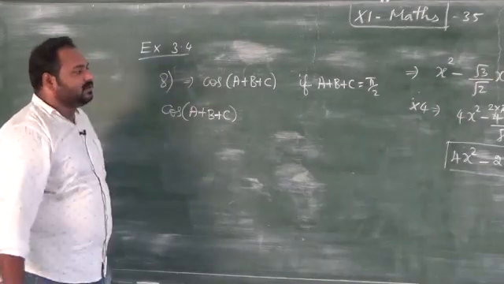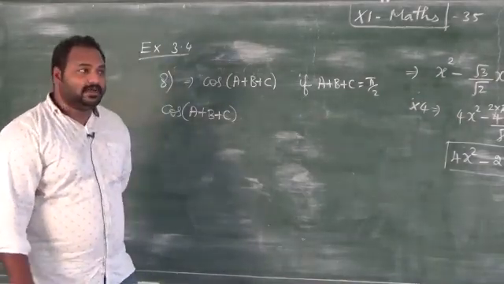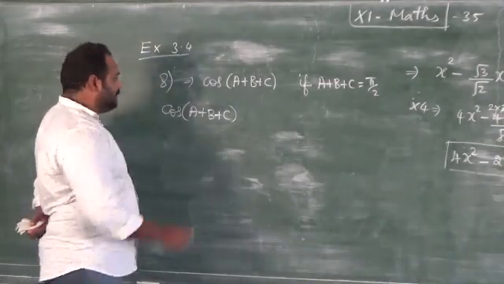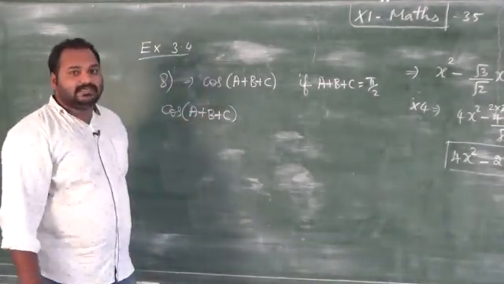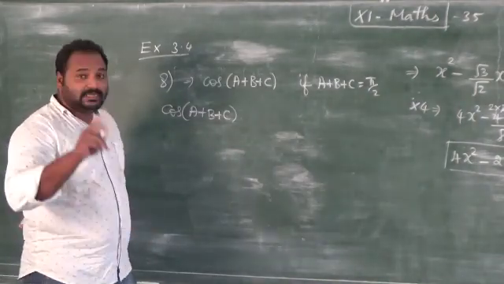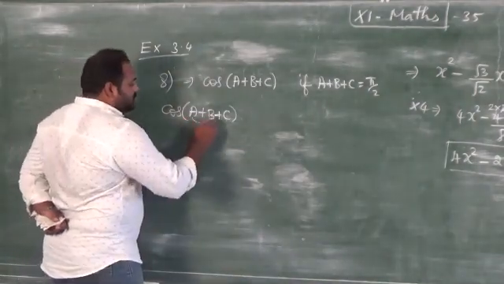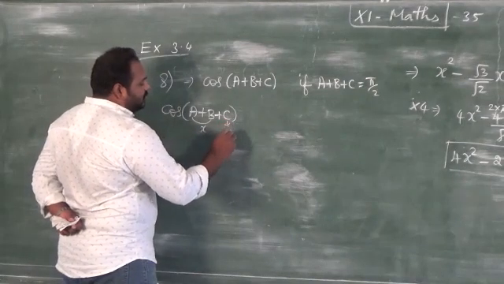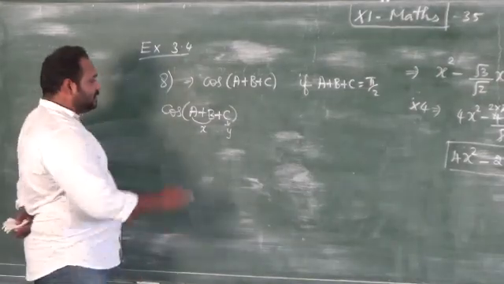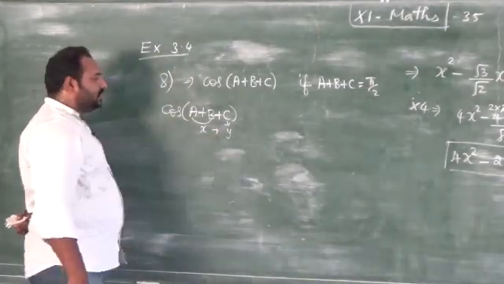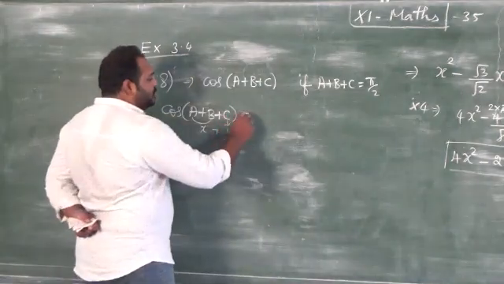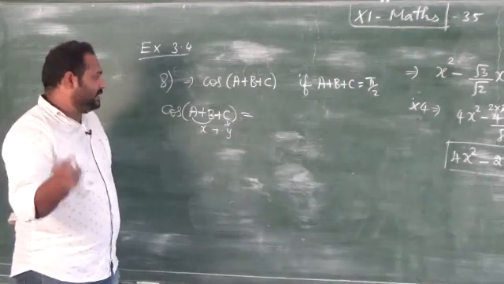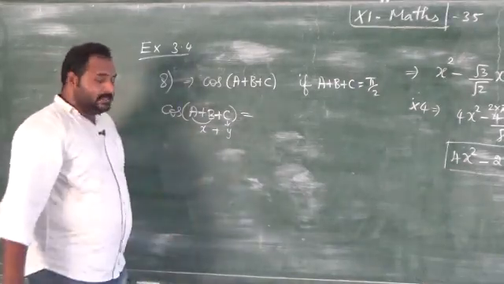So here in the bracket so far we have x plus y or x minus y inside the bracket. But here we have 3 terms. So I am going to consider these 3 terms as 2: these 2 terms as x, and this c alone I am going to consider as y. So now we got the cos of x plus y term. We know the formula cos of x plus y equals cos x cos y minus sin x sin y. Now I am going to use the formula to expand this.